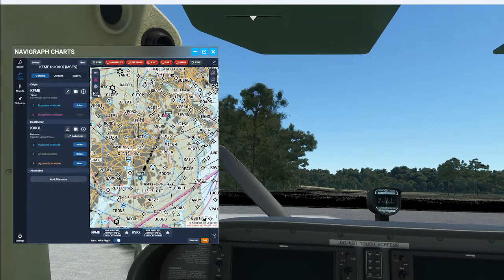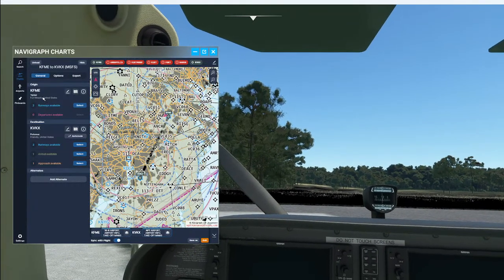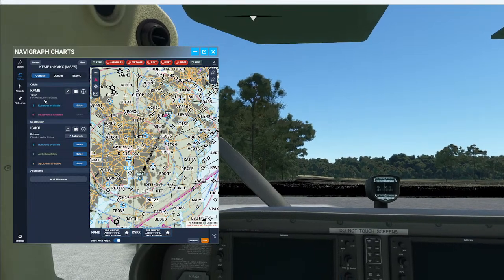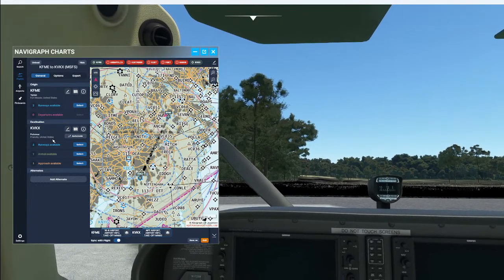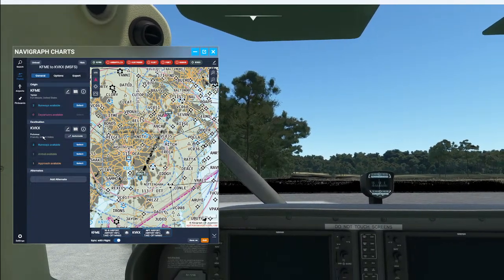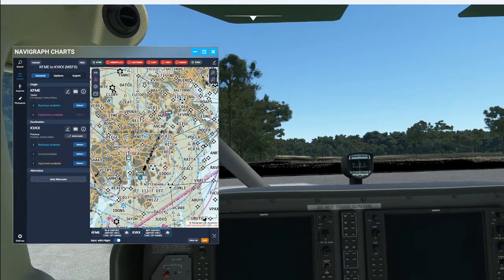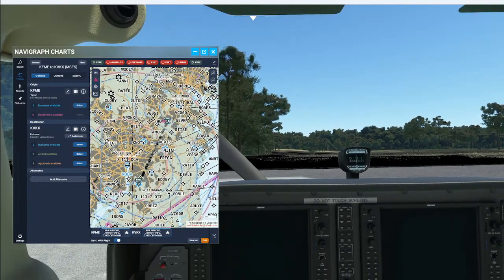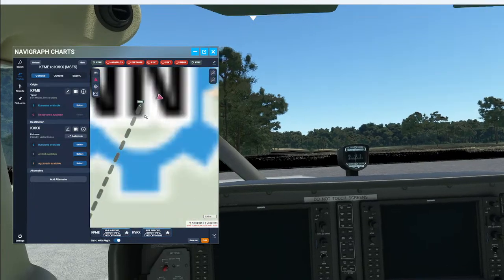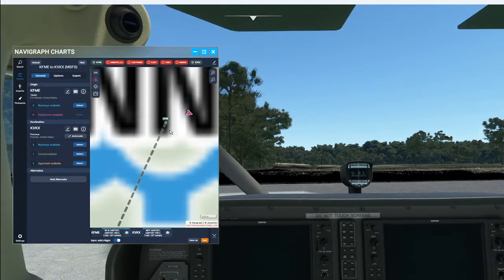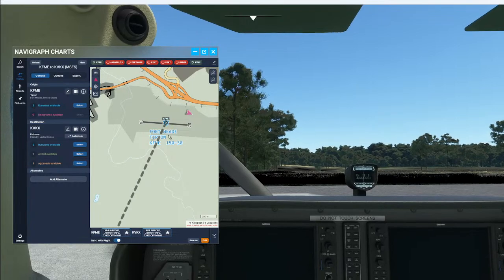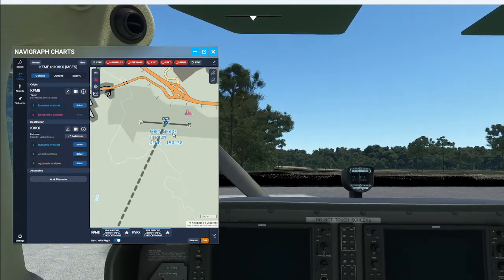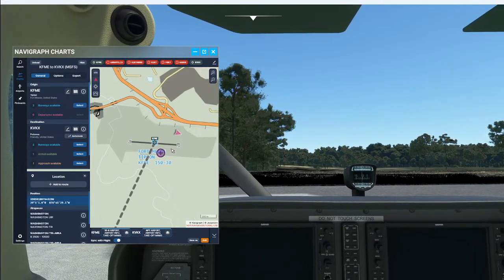But anyway, what we're going to do is do a cross-country flight from Fort Meade, Maryland to Friendly, Maryland, or the Potomac. The exact airports are going to be Tipton, Fort Meade, Tipton, and that's going to be